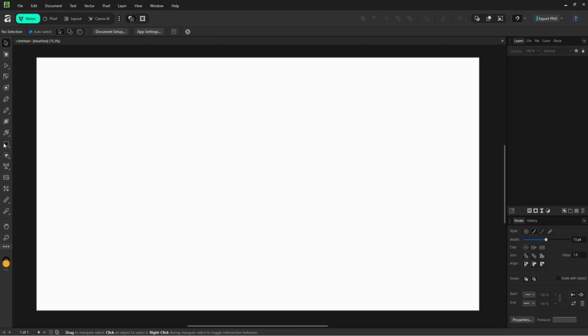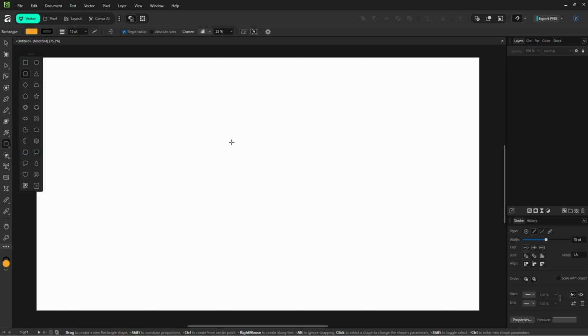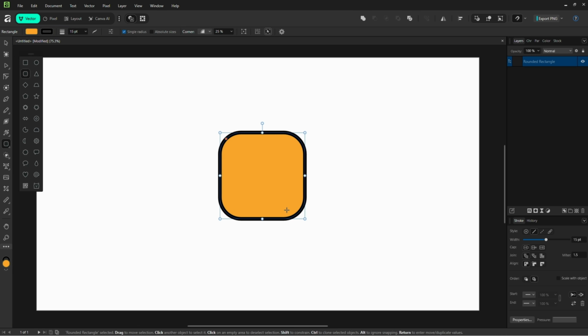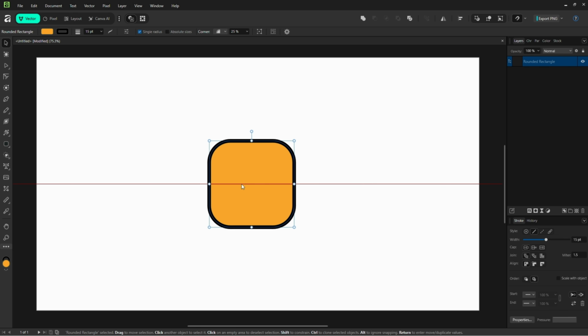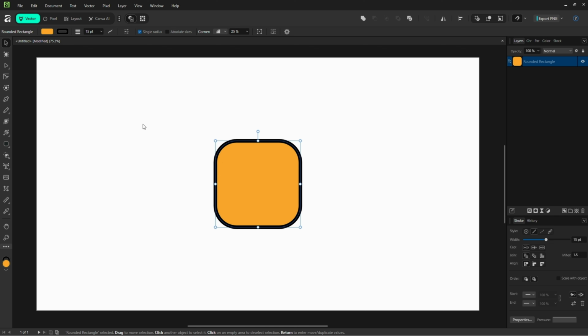knife tool. I'll draw a shape, a rounded square, move it to the center, and I pick the knife tool, which is under the pencil tool. You can also press K on your keyboard for the shortcut. I slice the shape in the corner